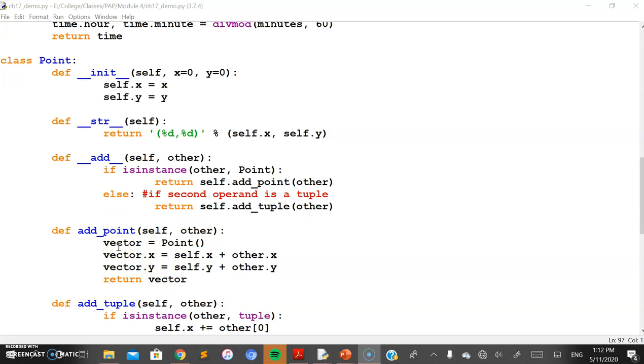If you remember, the way the addition is performed here is said to be a pure function, where you create a new object in order to store the result without modifying the original contents of the objects. In this case, you can see vector is equal to Point, a new object that has been created to store the results, and it is very easy to perform the addition. We just extract the x value from this self object and the x value from the other object, perform the addition and store it in the x coordinate of the vector object, and similarly for the y coordinate, and return this as an object while returning the value.